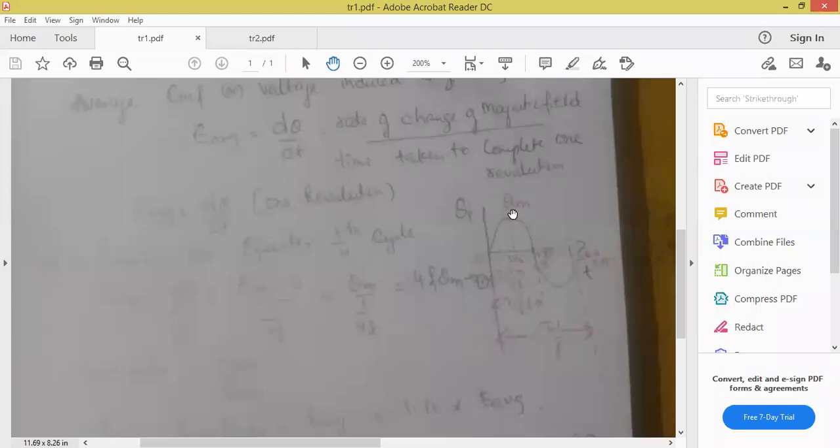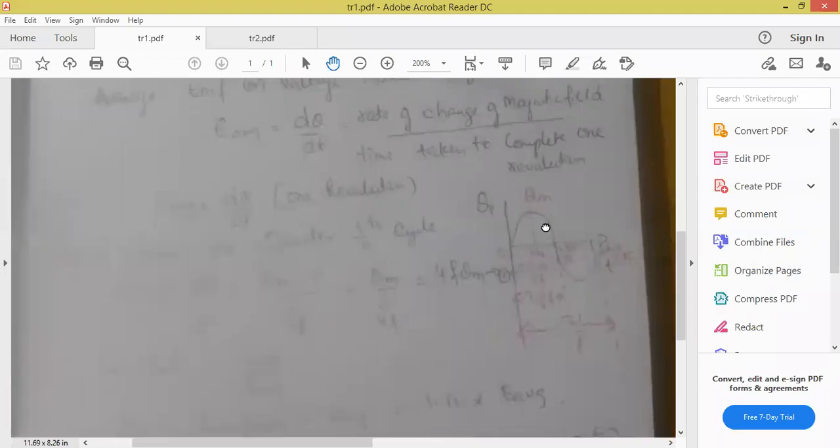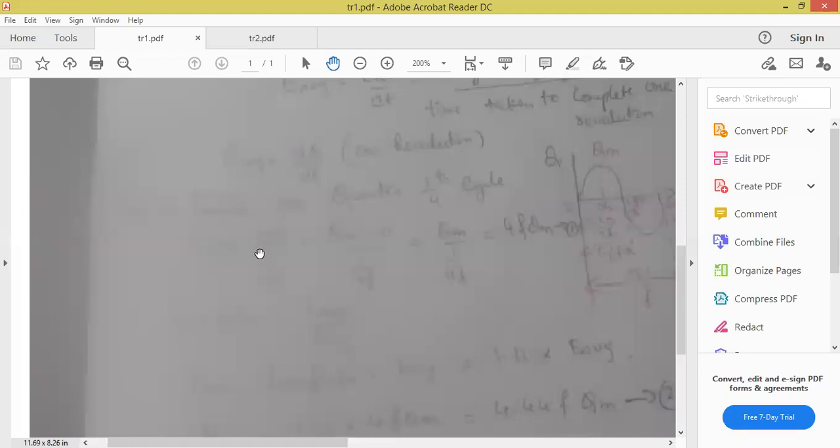Now what does change mean? Upper value minus lower value, highest value minus initial value. So how to calculate d phi? See all of you, same thing we have written, E average equal to d phi by dt. d phi is equal to, what is the formula? Change in the magnetic field. Change in the magnetic field, what is the formula, all of you? Highest magnetic field minus 0. Sir, the screen is not clear. That's what I'm saying, certain clarity is missing out. You must listen and make a note. So what is the formula we are having?